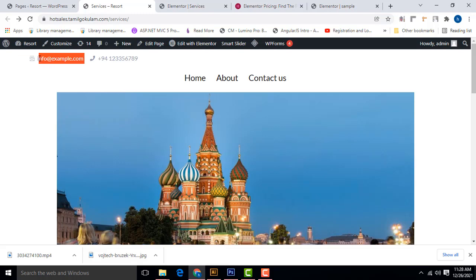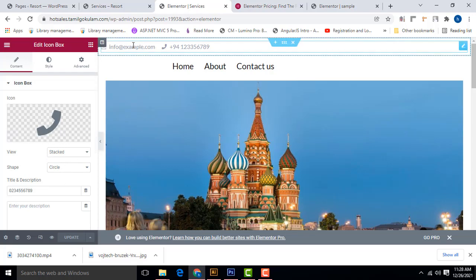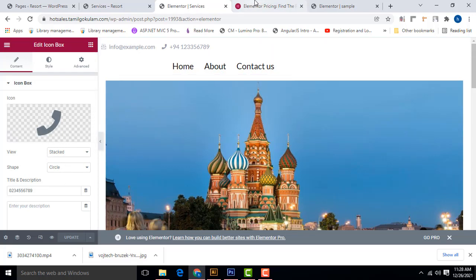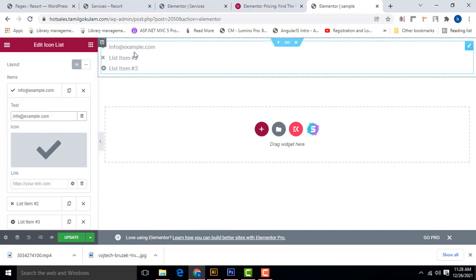So what I am doing is I just copy this text and paste it here. Instead of writing, it takes too much time to complete. So I just copy it and paste it here. Otherwise you have to write it. Okay, paste it, and it's coming here like this. You can write like this. I just copy and paste it.